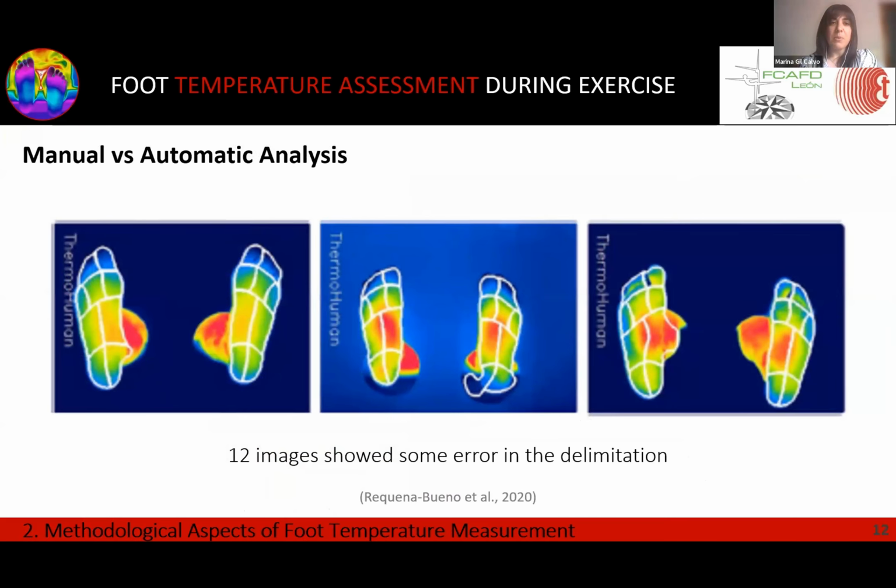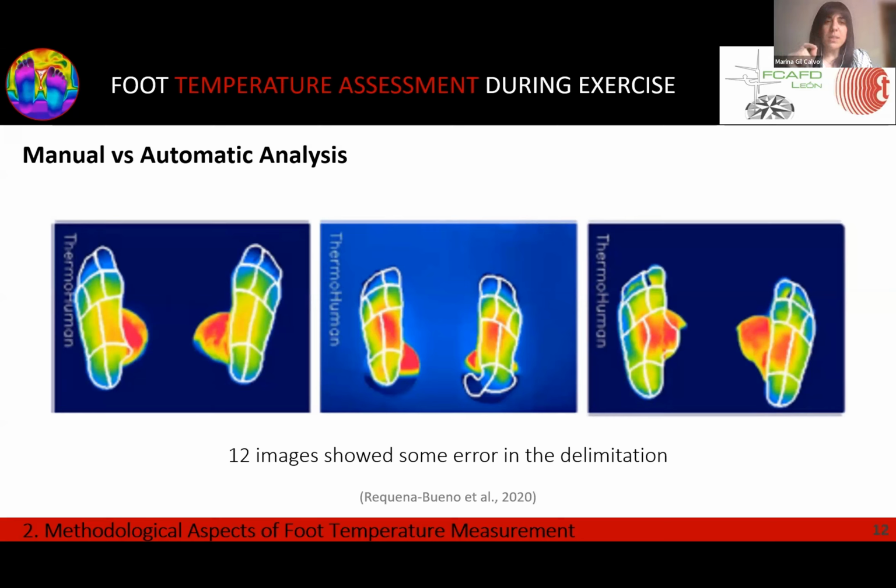Finally, the type of analysis is also important. We have two main options here, the automatic or the manual analysis. In this study that we performed, both methods found similar results with good limits of agreement and strong intra-class correlation values. So you can use both automatic or manual analysis, but as you can see in the examples that we have on the screen,